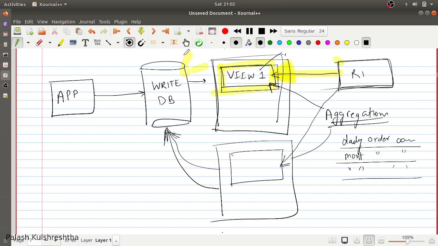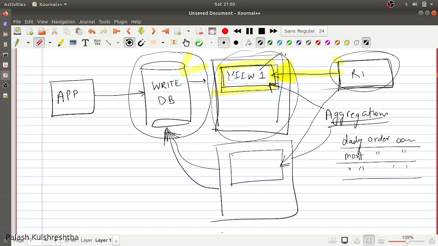So no changes are required on the main database. Only new views have to be created to optimize your application or to create new and efficient applications. And this view can be discarded and a new view can be created, which is even more optimized for other use cases. So it all depends. Your views are disposable.